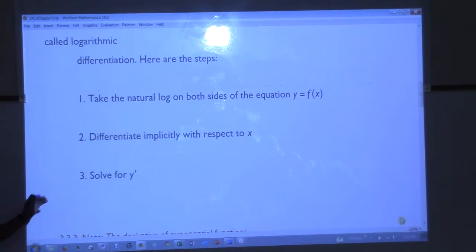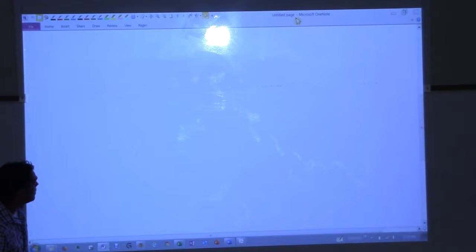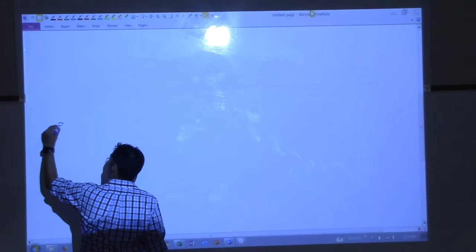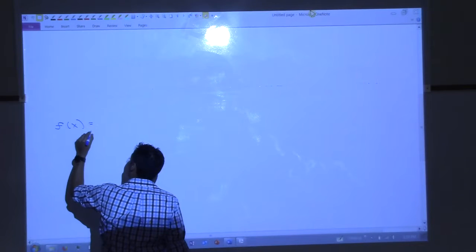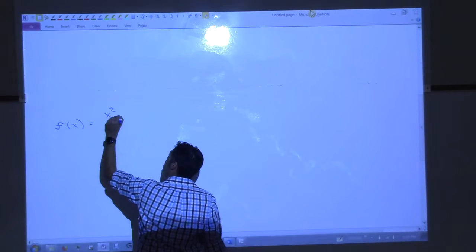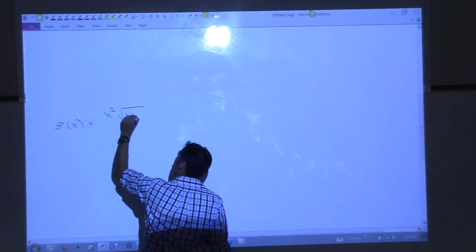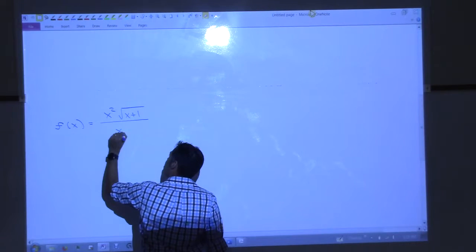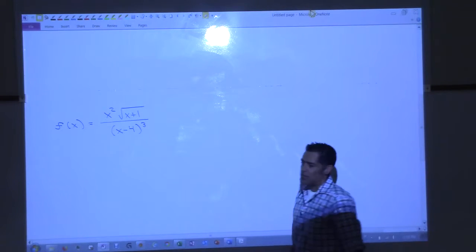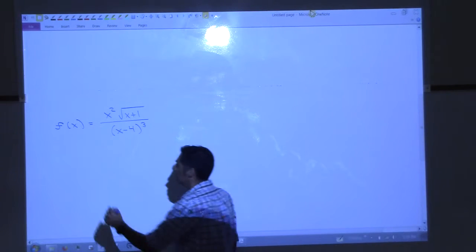All right, so let me run through a problem, and you'll see hopefully why this is a useful method. So let's start with this. Say we have a function f of x equals, and I'll make it a little bit easier than last class, x squared square root of x plus 1 over x minus 4 cubed. All right, so right now, if you were asked to find